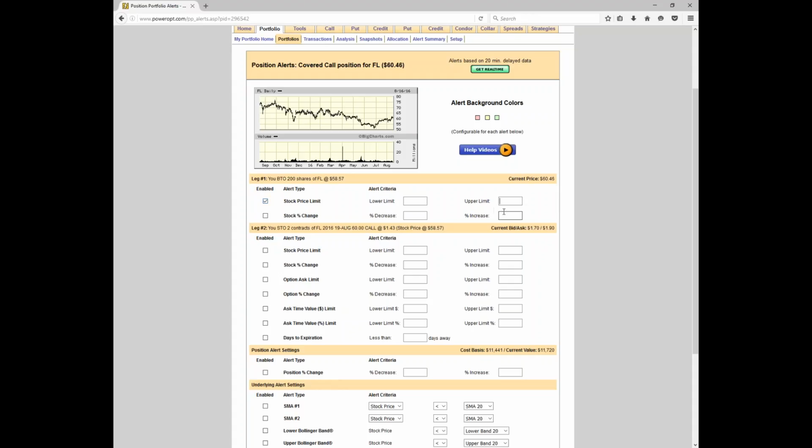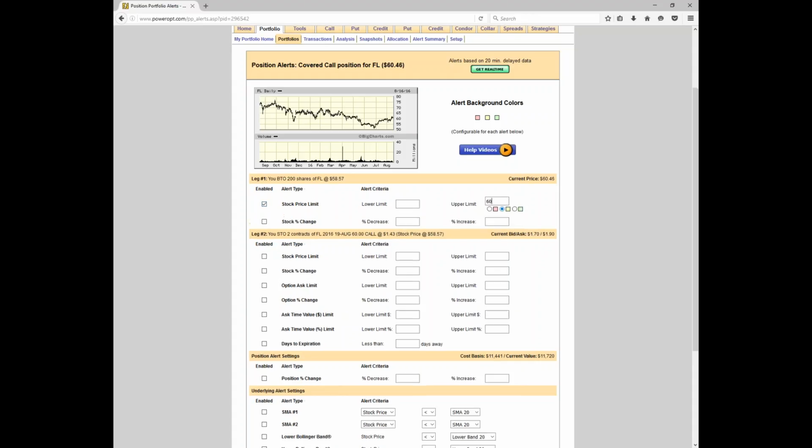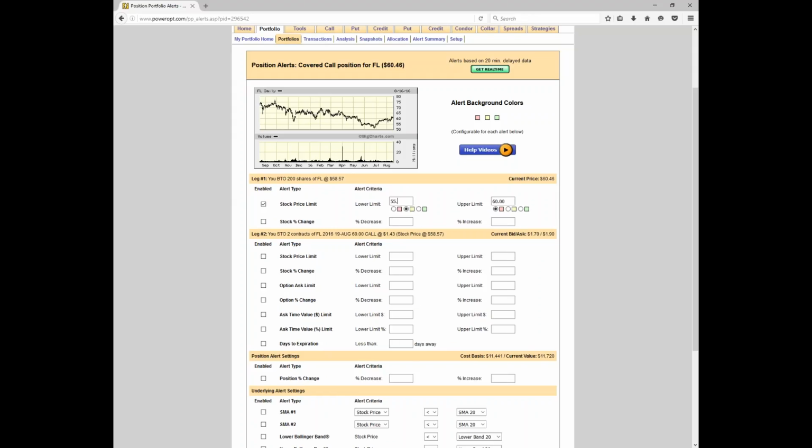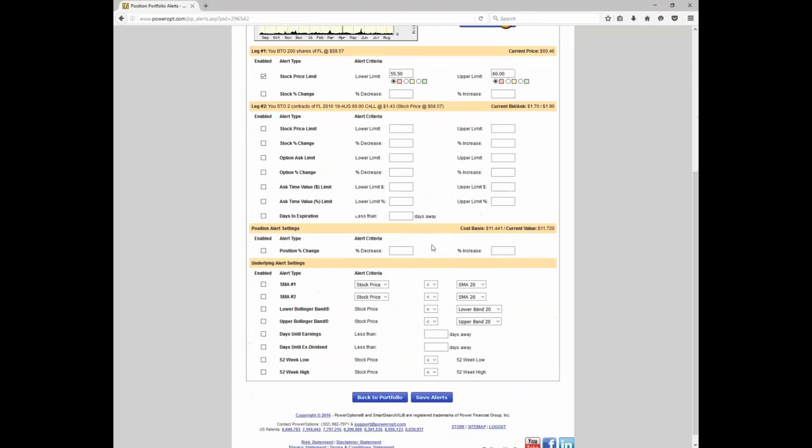So with the 60 calls sold, maybe I want to be notified if the stock moved up above my short put strike price, and I might set this as a red alert there. Or maybe if the stock dropped 5% from when I opened the position, let's say down maybe $3 from my initial entry point back to 55.50, and we set that as a red warning as well. You can also set various alerts for the option ask price, the percentage change, days remaining to expiration,